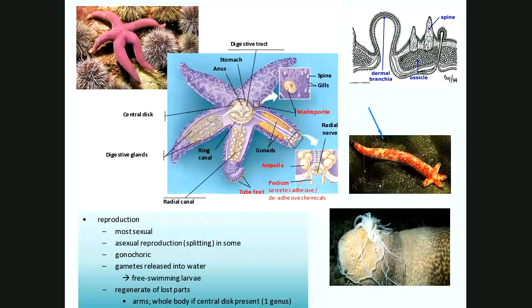What needs to be there for that to occur, by the way, is you do have to have a piece of the central disc. So you can take a sea star and one arm, this is the one arm of the original, will generate into another one as long as you have a piece of this central disc in there. So it couldn't be cut off here. See what I mean? You have to be cut off a little bit higher. But this regeneration of lost parts is really fascinating, especially if you think about the medical implications of that.